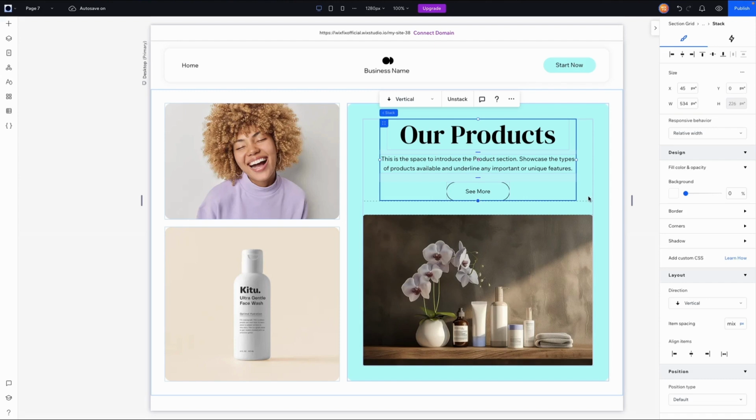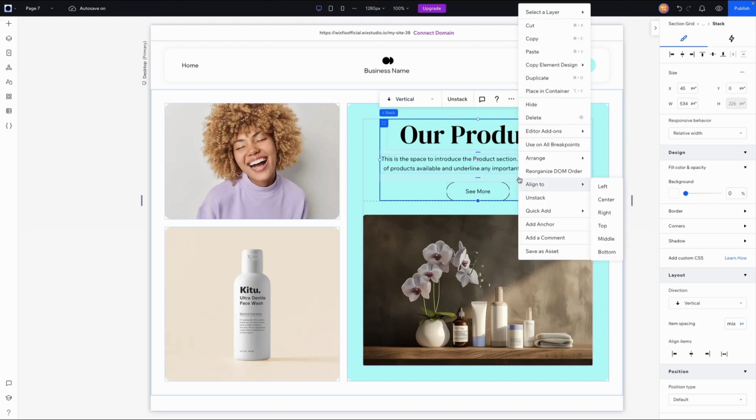Site assets is a great way to save your designs so that you can use them on other sections, pages, or even other websites. For example, here in Wix Studio, let's say I really like the way I designed the stack, and maybe I want to use this on future sections, other pages, or even other websites, but I don't want to have to copy and paste it over and over or anything like that. So what I can do is grab the stack, and if I right click, you'll see an option at the very bottom called Save as an Asset. If I go ahead and click this,